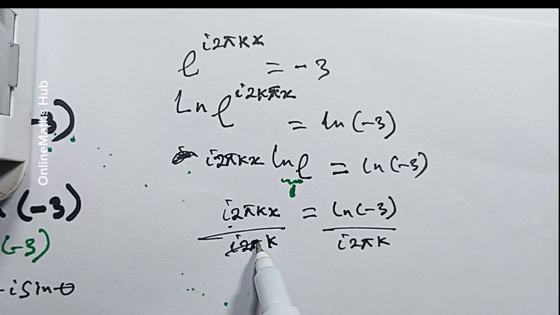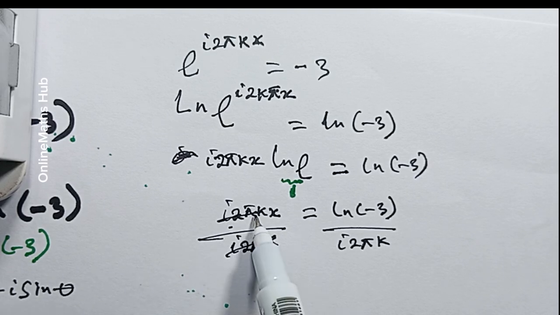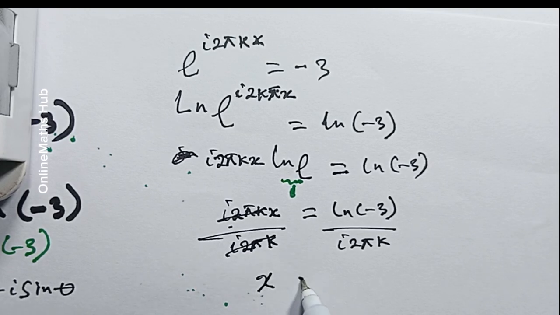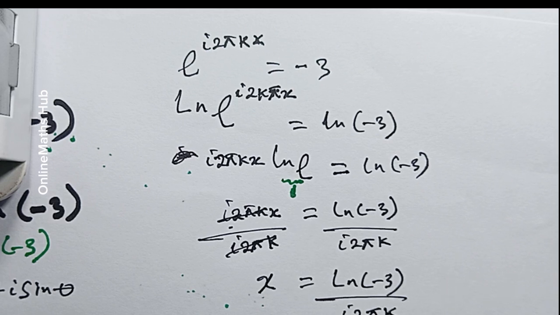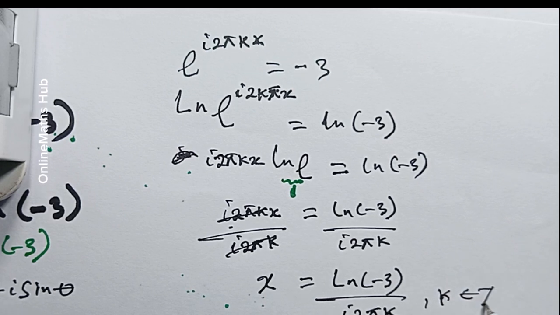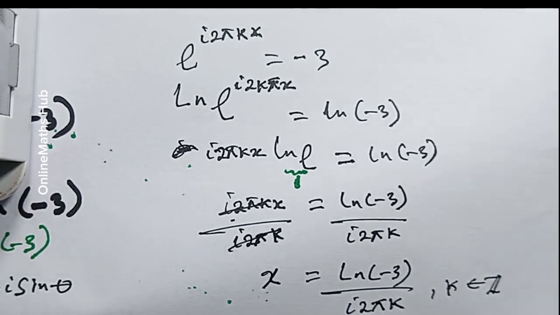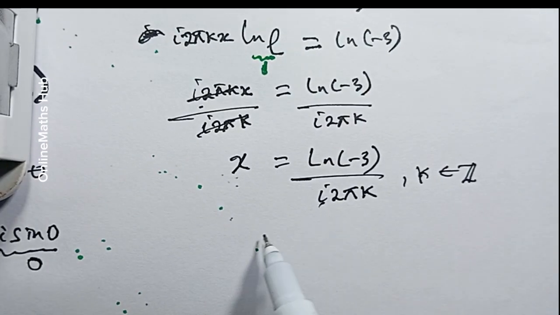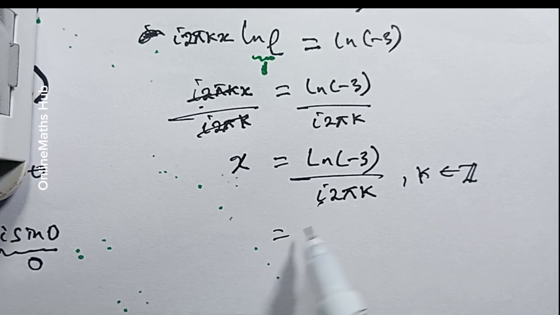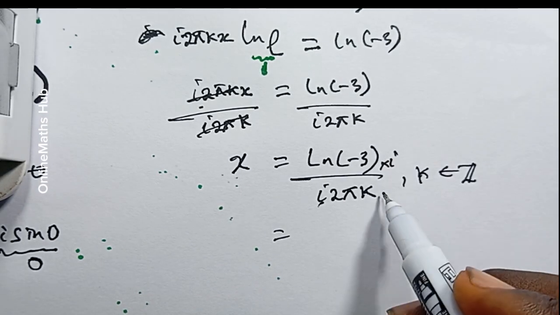So if this cancels this, obviously x is now equal to the natural log of negative 3 divided by i 2 pi k. And don't forget, this is going to be happening for all integer values of k. Okay, but we're not done yet, because of course i cannot be here. So what we'll need to do is multiply through by i, so that we can remove the i